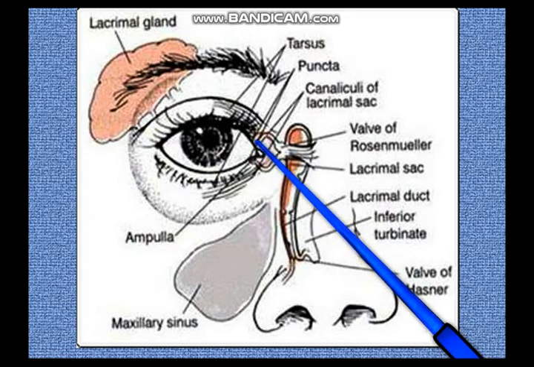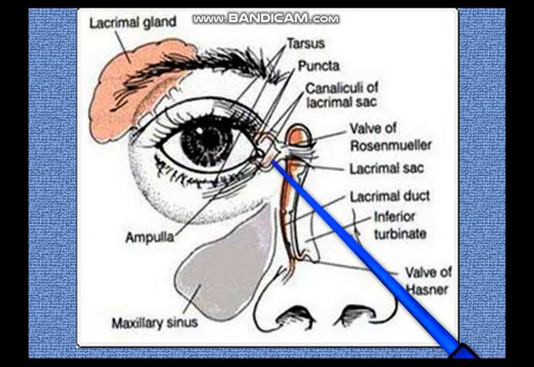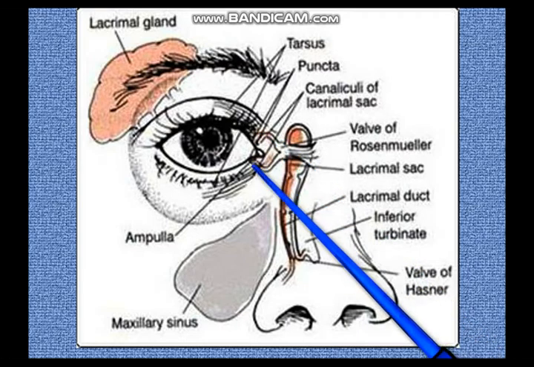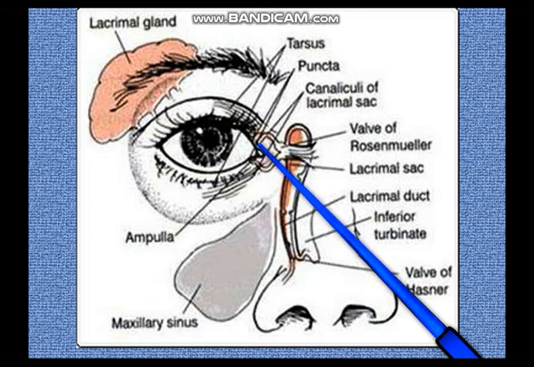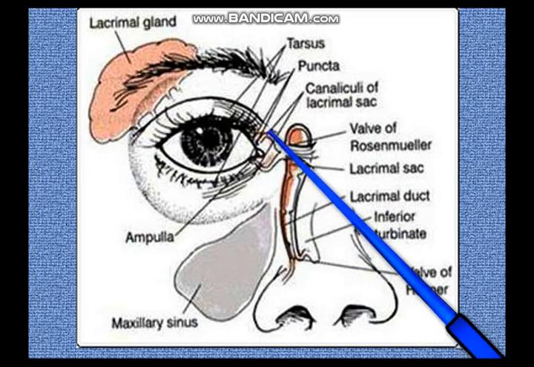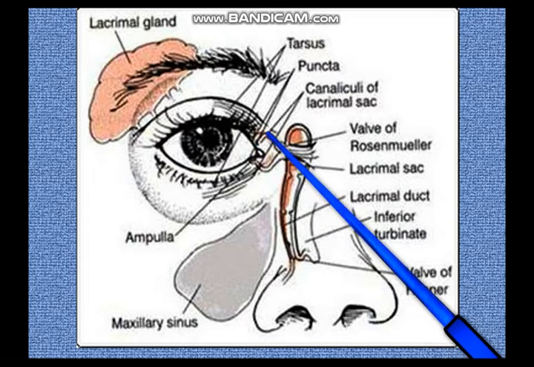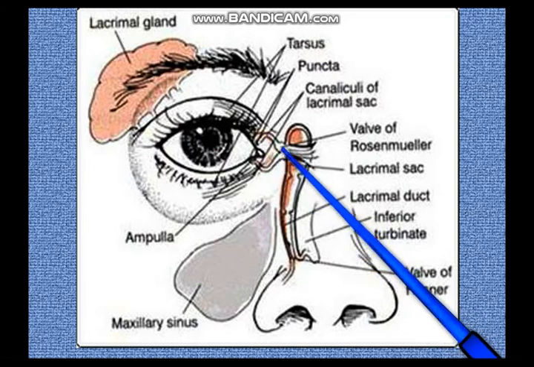Both the upper and the lower lacrimal canaliculi have a vertical part and a horizontal part. The total is about 10 millimeter, with a vertical part and an 8 millimeter horizontal part, though the lower one is slightly larger. Between the vertical part and the horizontal part, somewhere here you have a small dilatation that is called the ampulla. So from the punctum you have the lacrimal canaliculi, vertical part, ampulla, horizontal part, then a common canaliculus, and from the common canaliculus it enters into the lacrimal sac.